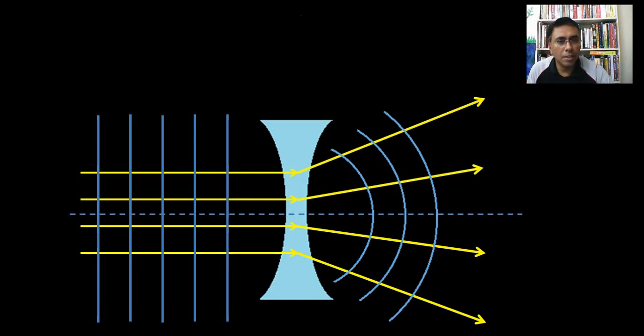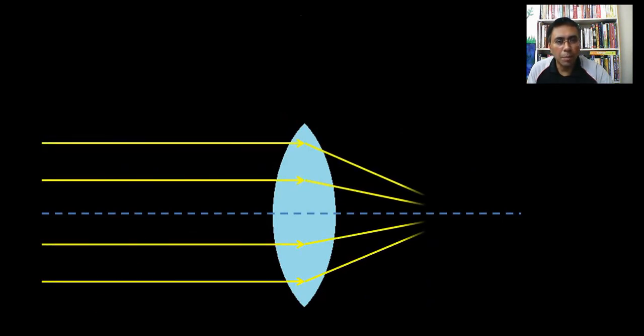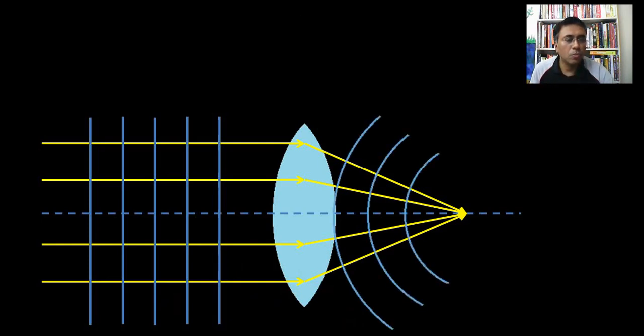Now let's check the other example. Say we have a convex lens, and onto this convex lens again the plane rays, the parallel rays, are incident, and after refraction these rays converge at a point which is the focus. Before refraction the wavefronts would be plane, since the rays coming are parallel rays, and after refraction, since the rays are converging, the wavefronts would be like this. Hope this video clears your concept of wavefronts.